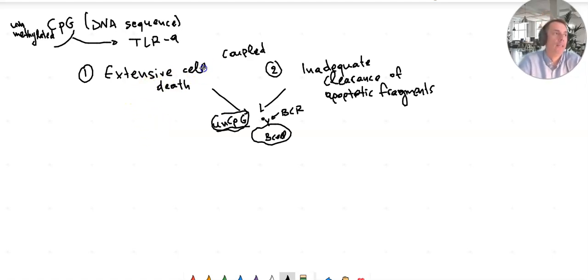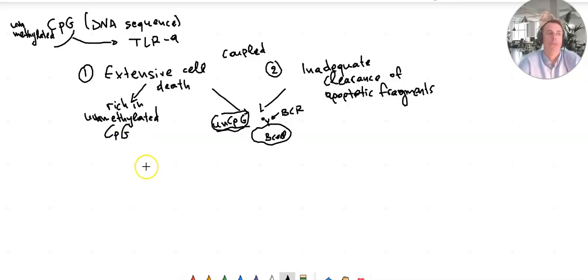Because in this case, with the extensive cell death, the apoptotic cells are rich in these unmethylated CpG sequences. Now, once the B cell binds with its B cell receptor to the unmethylated CpG,